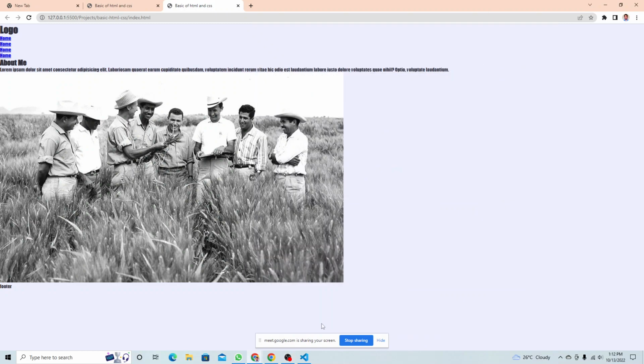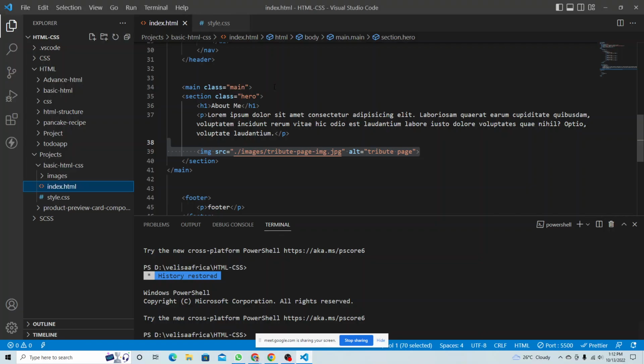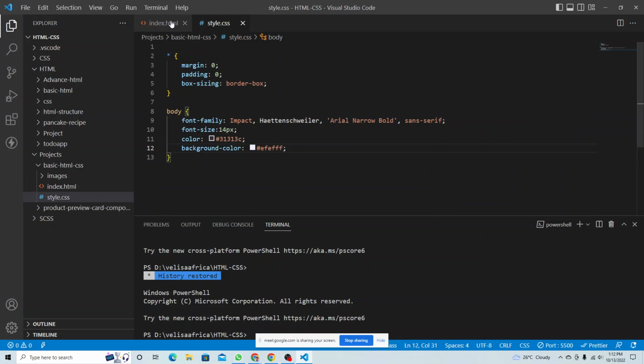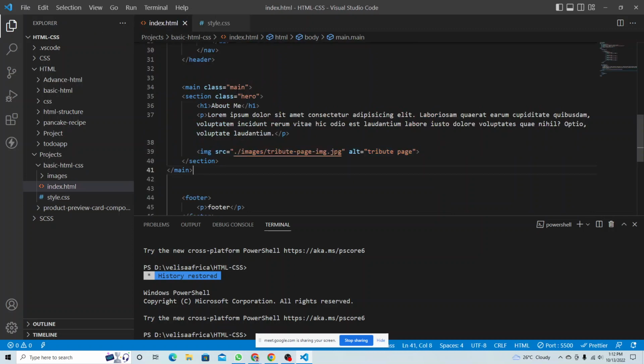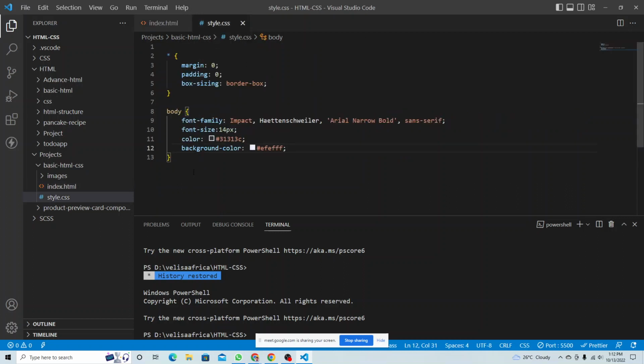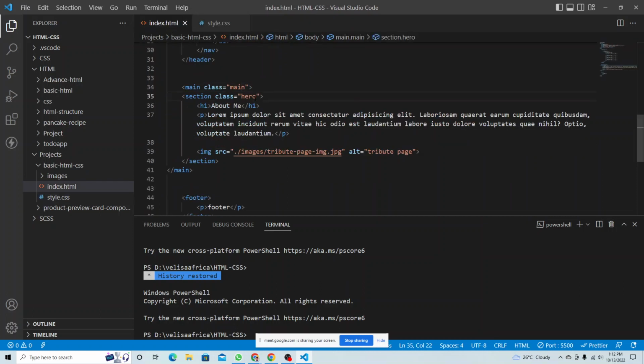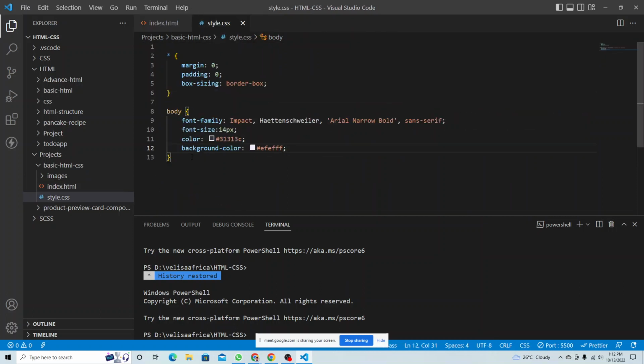Okay, Dev, I think we'll go to CSS, and under main class, main, okay, yes. Oh no, under hero. Hero. Okay, so let's go to here, right? So I'll say on hero. Yeah, okay, and then we're gonna align text on